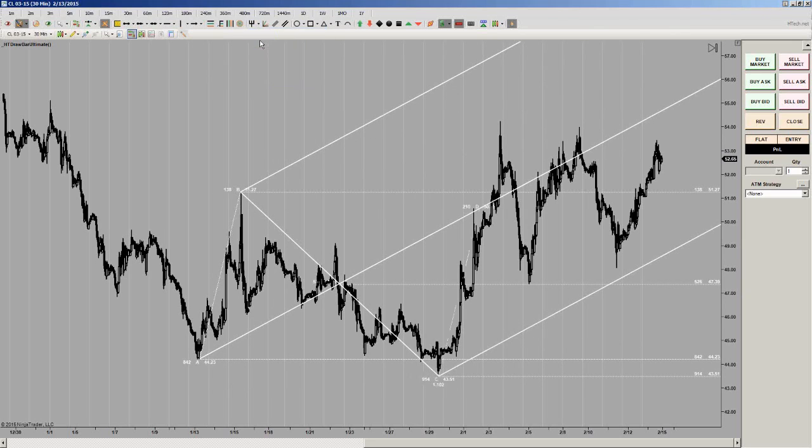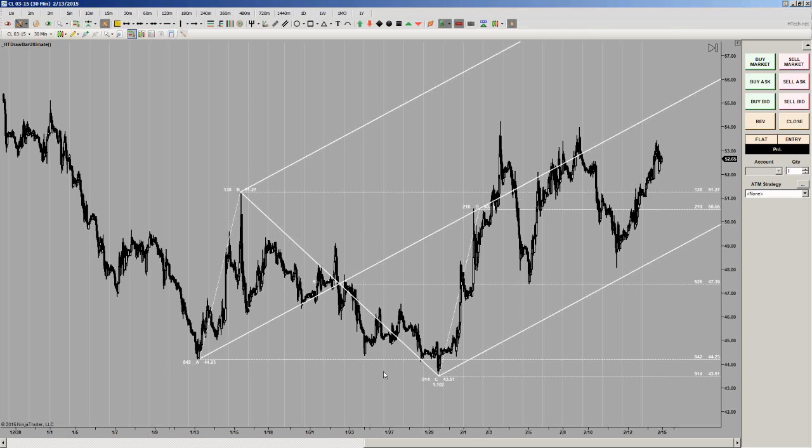We also show ABCDs. So A, B, C. If we took our A to B extension and applied it to C, we would come up to this D point. Now I can show my D extension so that we can see A, B, C. D is our median line of our pitchfork, which isn't always the case, but in this particular situation, we're saying that if this was an A, B, C, D shark pattern,